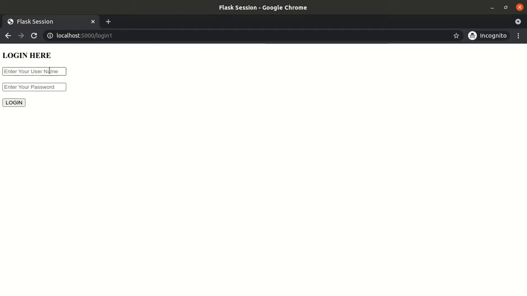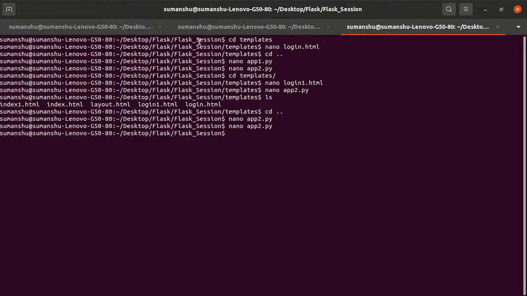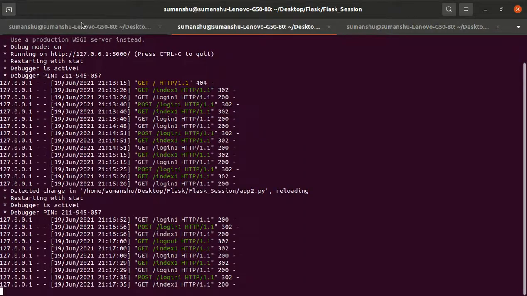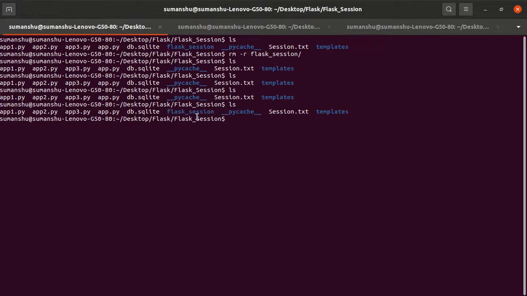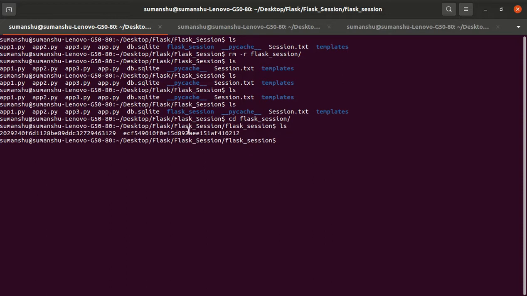Index 1, ABCD. Now it is logged in as ABCD, and if I go to the folder, you will see this Flask session folder is automatically created, and we can see the cookies stored here, and it is the same cookie.